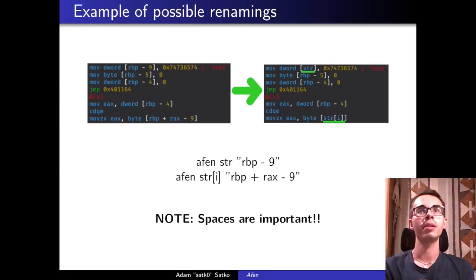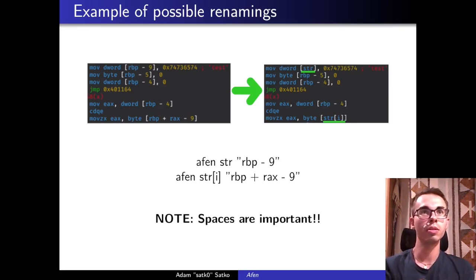And what are the examples of the renamings? So I attached here an image that shows exactly the workings of this plugin. You just run the commands here to replace this not really saying much expressions like rbp -9 or the harder one, rbp plus rax -9, because sometimes you have some loops and it